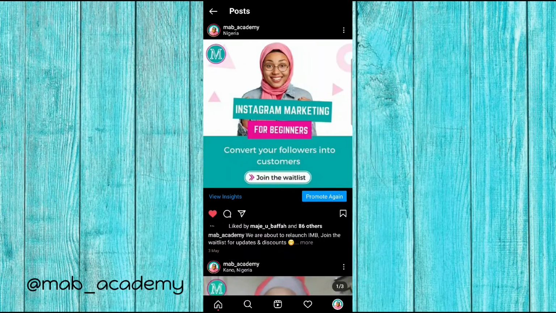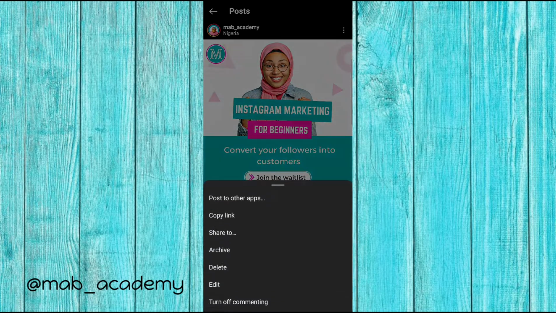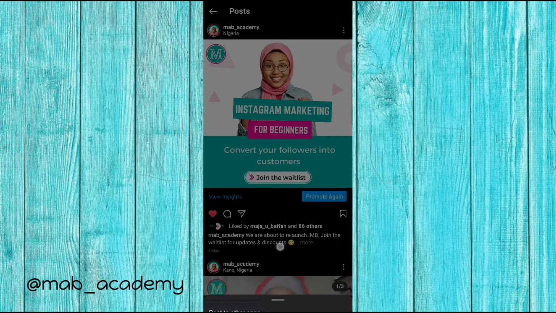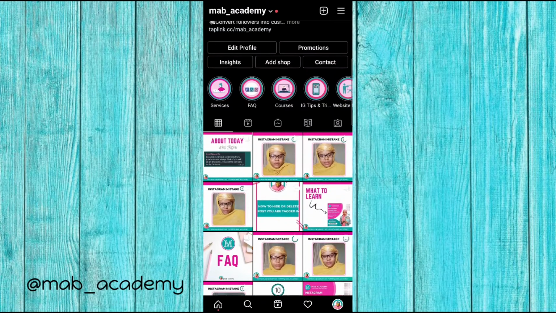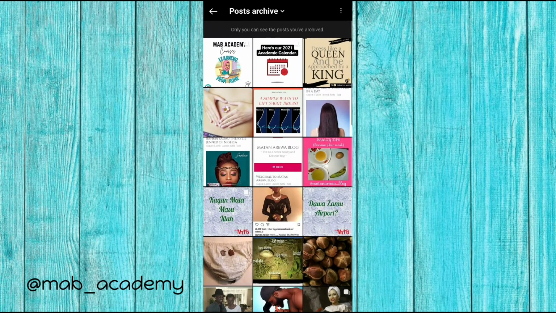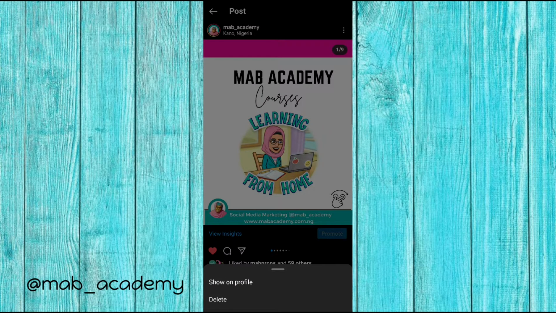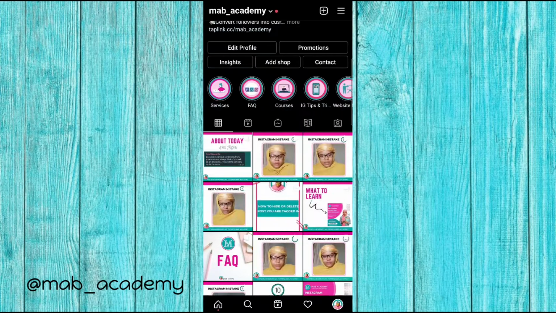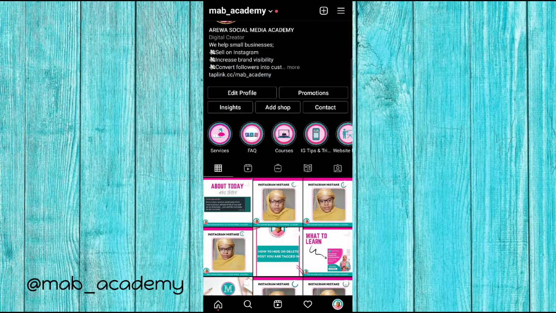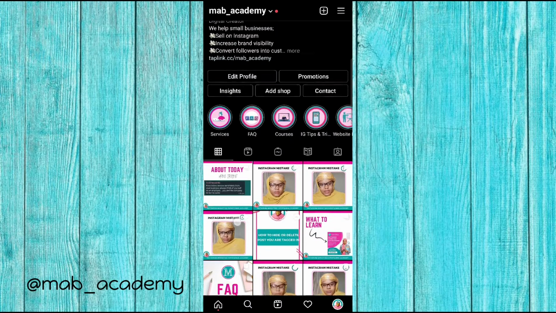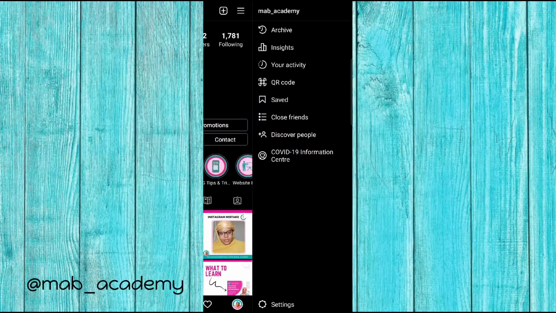So now, for example, if I want to archive this, just a short tutorial, you click on this and then you click on archive. It's going to disappear from your feed, but it's going to be here. Okay, so for example, now if I want to unarchive this, I can simply click on the three dots and click on show on profile. That is it, basically. Whatever you post on your Instagram, if you didn't delete it, it's there. And even if you delete it right now, it's going to stay on Instagram, in kind of a recycle bin for 30 days before it permanently deletes.